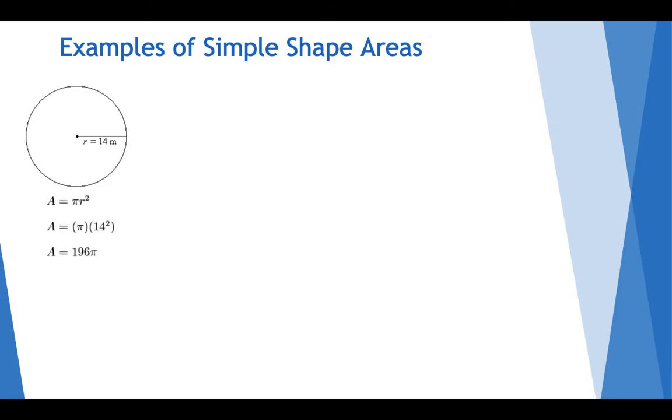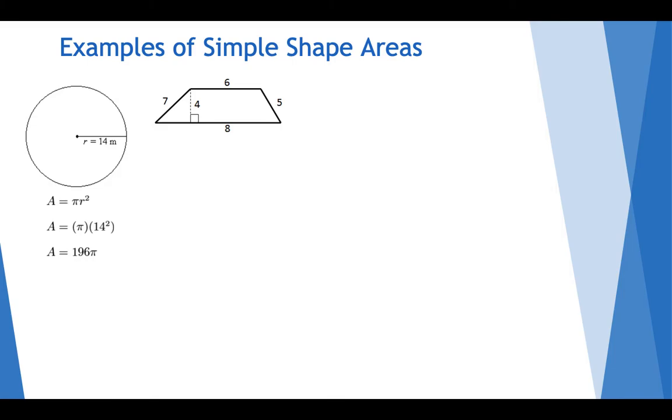So the area is going to equal pi times 14 squared, which is 196 pi. If we were given the diameter, we would have to convert it to the radius by dividing by 2. And you can also multiply it out. I chose to leave it in terms of pi because it looks neater, but if you multiplied it out, it would also be correct. Now this trapezoid, the main difficulty of solving this problem is realizing which values are needed